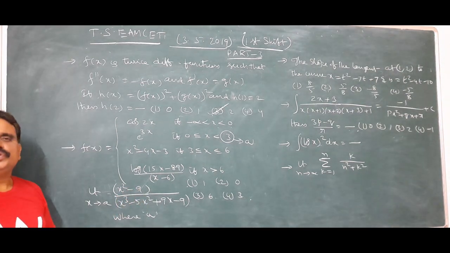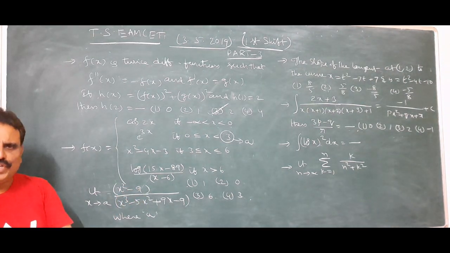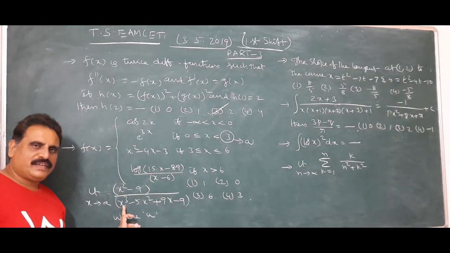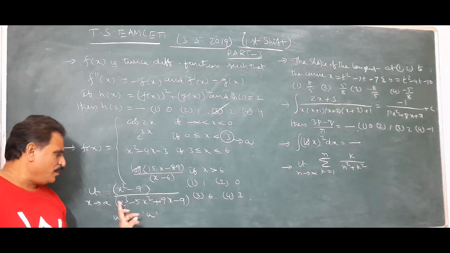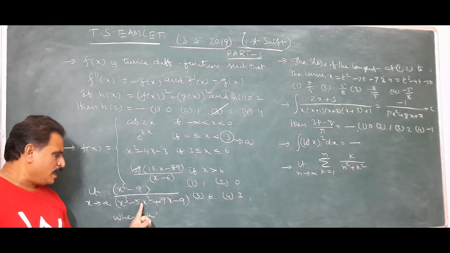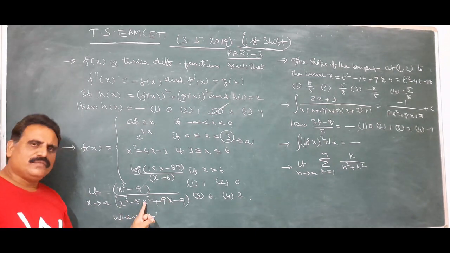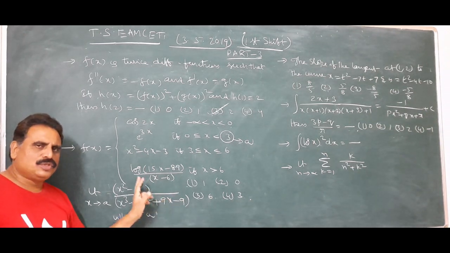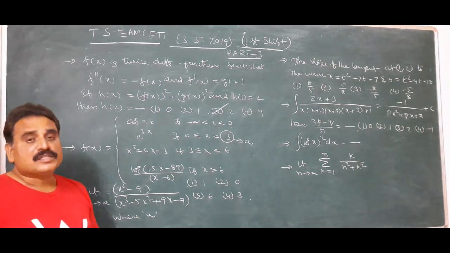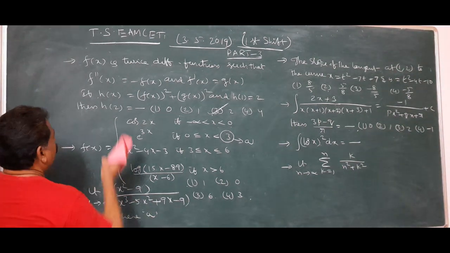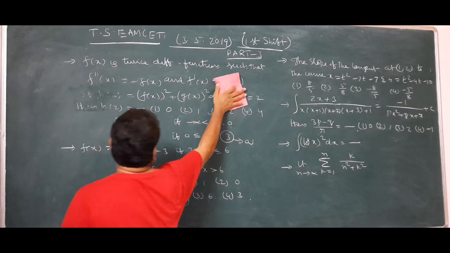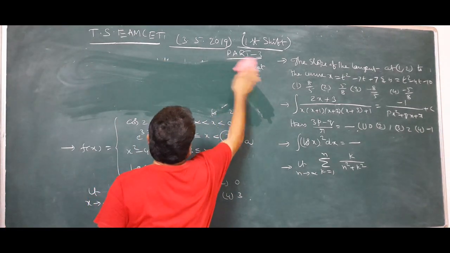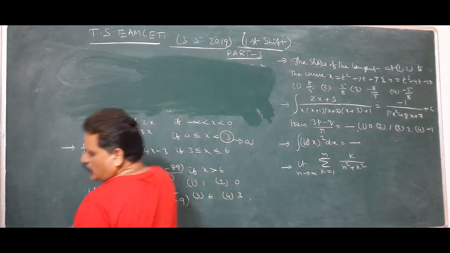The denominator is also 0. If the denominator is not 0, the answer is 0. Check that: 27, 54, minus 5 into 9, 45, minus 9. 54 minus 54, 0. So it is 0 by 0. By L'Hospital's rule, we can easily identify the answer. How to get the answer?